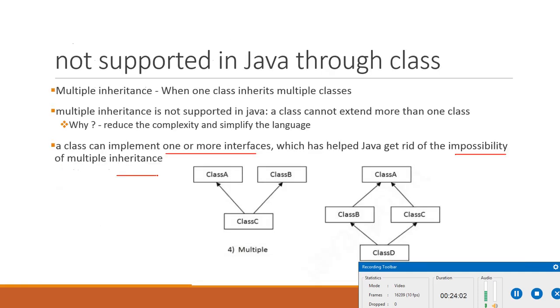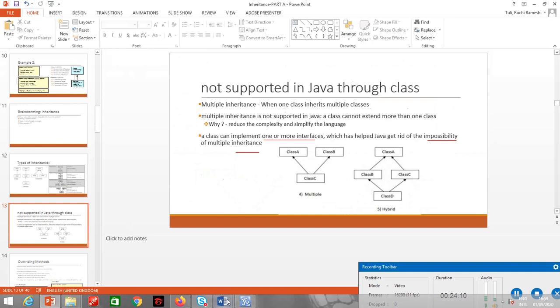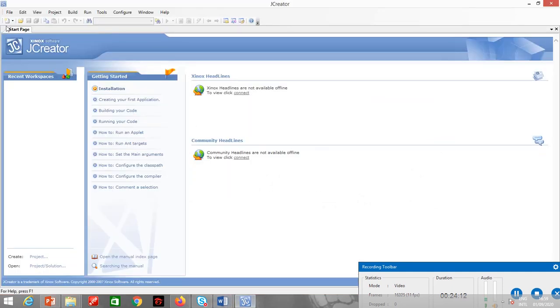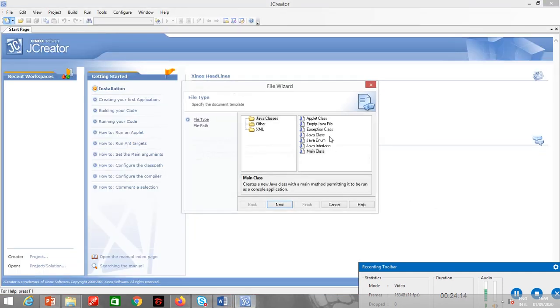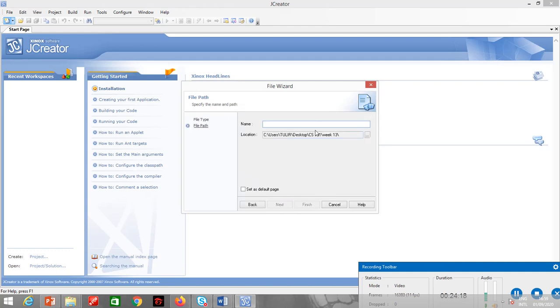Alright, so let me make a simple program to explain how inheritance works. Let's create an empty Java file.